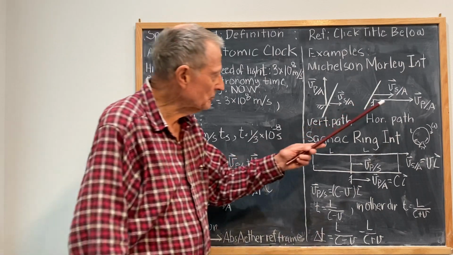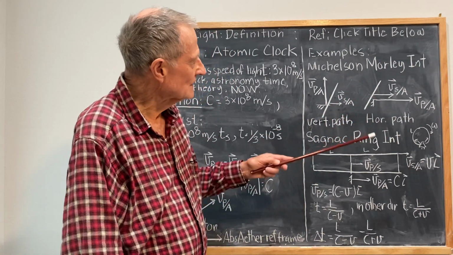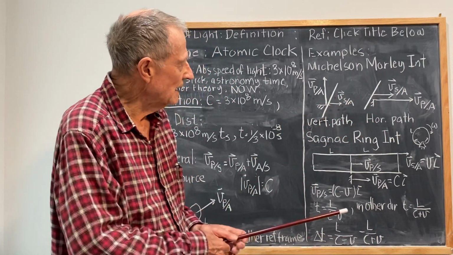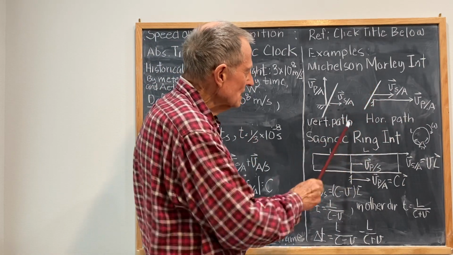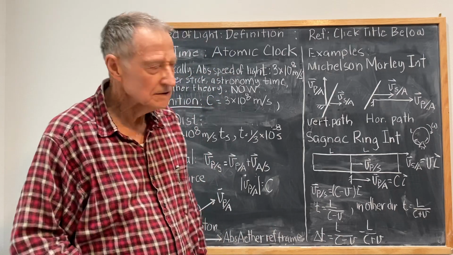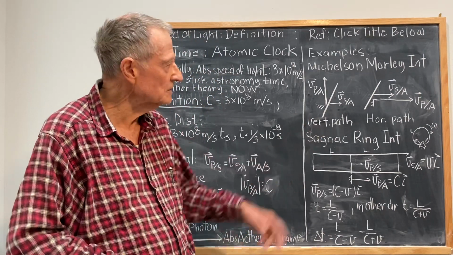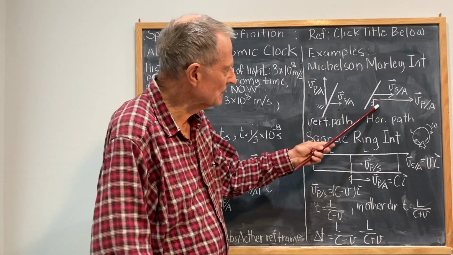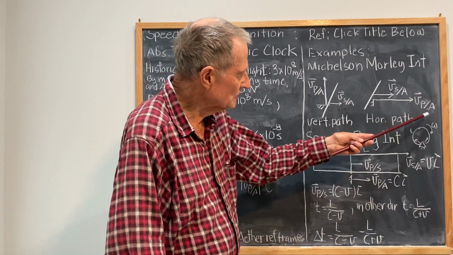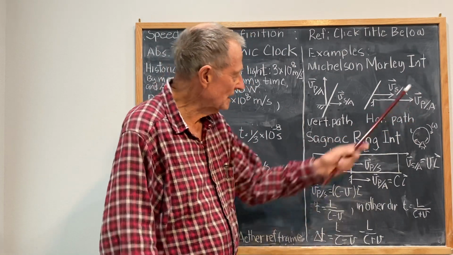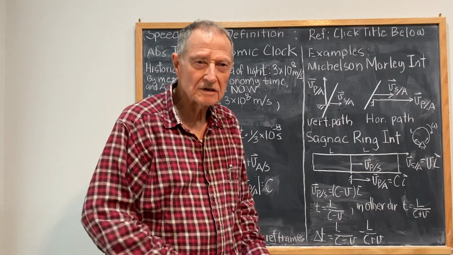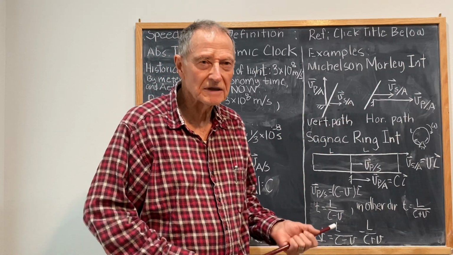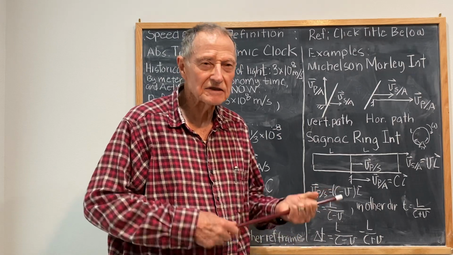For the horizontal path in the Michelson-Morley interferometer, we have the horizontal speed of the mirror, which is the horizontal speed of the table. Then we have the absolute velocity of the photon with respect to the ether in the horizontal direction. From that, you get the result that there is no interference to be expected from the Michelson-Morley experiment,